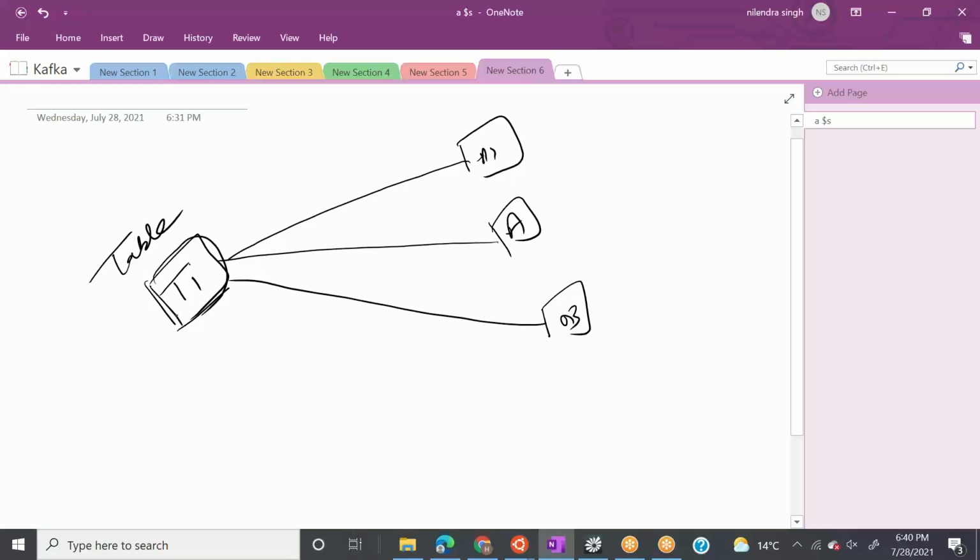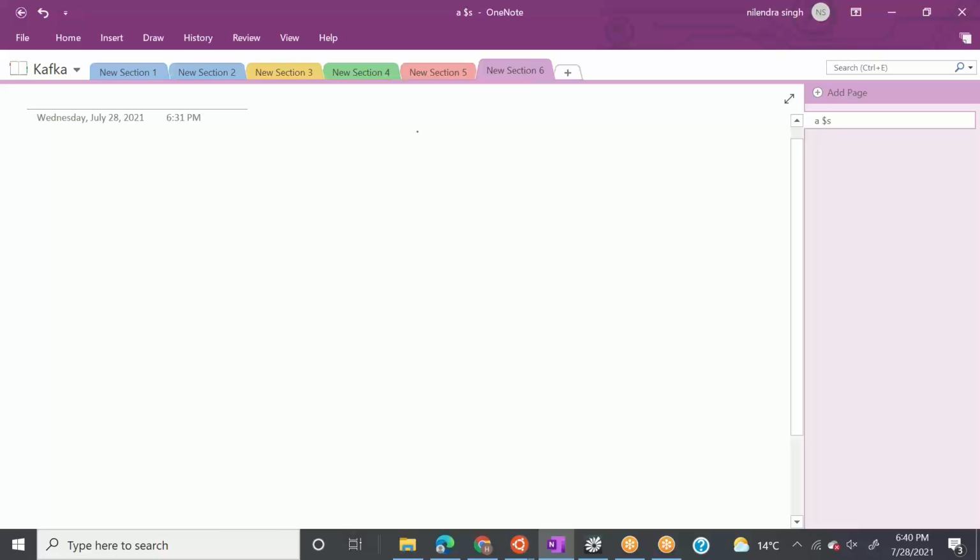And then obviously there will be some physical disk where it will be stored. But what I'm trying to show you here is that they need to have some address where they need to write the data, right? So same as this table, in Kafka we have something called a topic. Okay, so this is your publisher, this is your Kafka cluster.